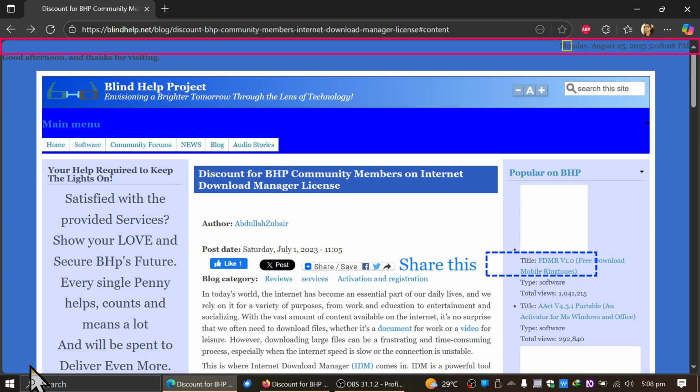If I browse a little with the down arrow key, that's what happens. So you see a lot of things in there, and I even want to show you quickly that after the article there are some options that the reader mode knows are not part of the article itself, and they have omitted them. So if we jump straight to the article, so this is the title, and after that we have